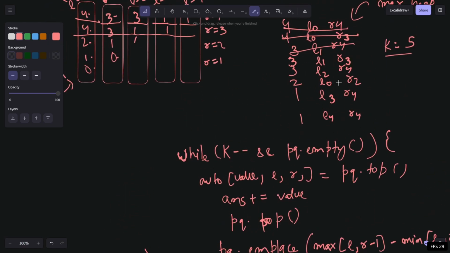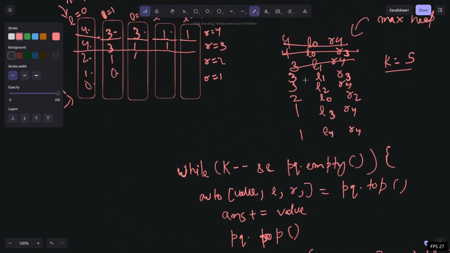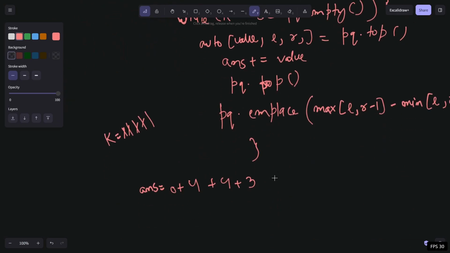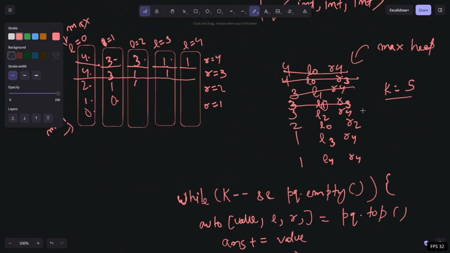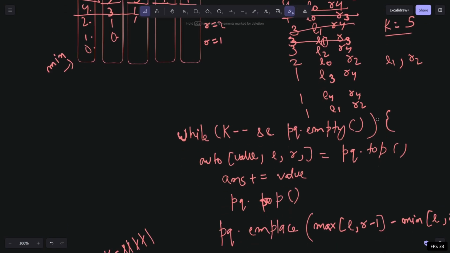After inserting 3 L1 R3, again we move on and get the max. The maximum here is again 3 L1 R3, and after getting L1 and R3, we are going to add 3 to the answer. We are going to insert the same chunk, that is L1 comma R3 minus 1, that is R2, L1 R2. And what is L1 R2? L1 R2 is 1, so 1 L1 R2. You can store it here too, I'm just storing it here because we don't have enough space there. So L1 R2, and after inserting this,